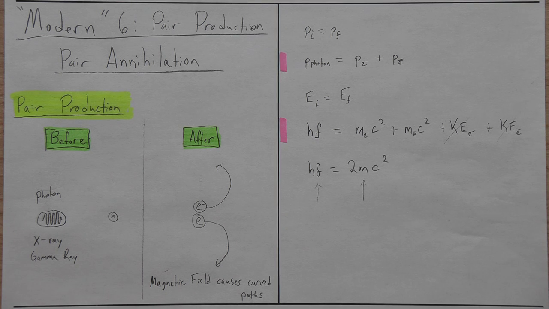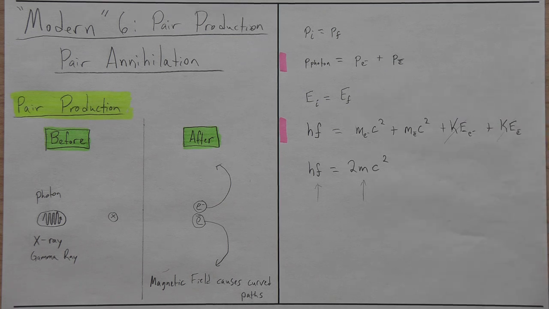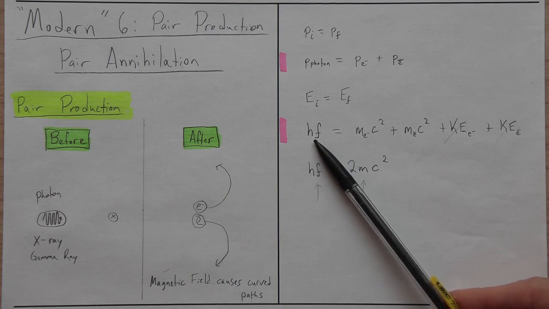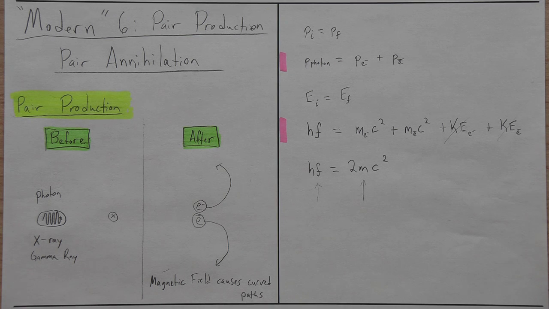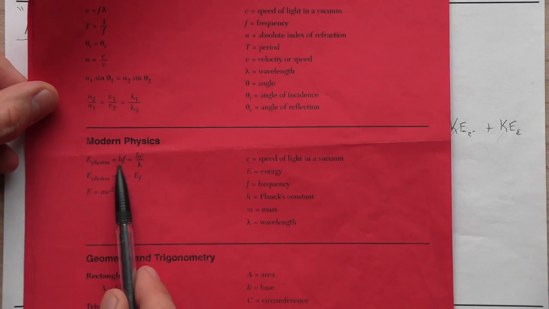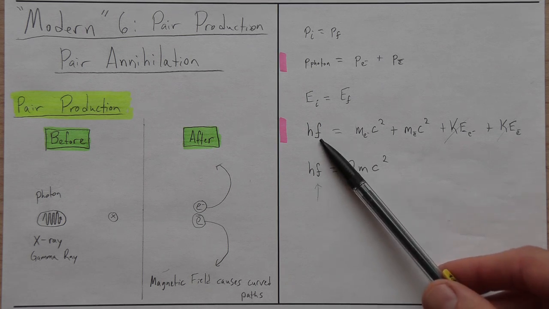But it doesn't help us in our calculations. The idea that really helps us in our calculations is this one, that the energy must also be conserved. And I should say, we don't mean energy in the old sense, we mean mass energy, where mass can appear as long as energy appears, and vice versa. So what we have before in terms of energy is the energy of the photon here, and as we know from the reference table in the modern section, the energy of a photon is either hf or hc over lambda. So we could have had hc over lambda here also. So that's what we had before for energy.